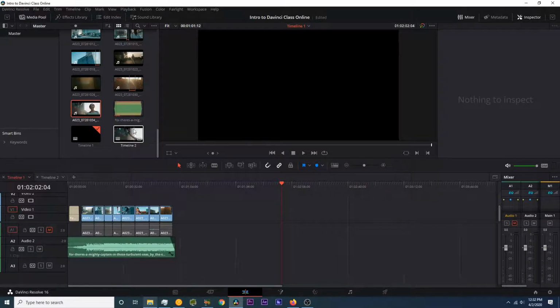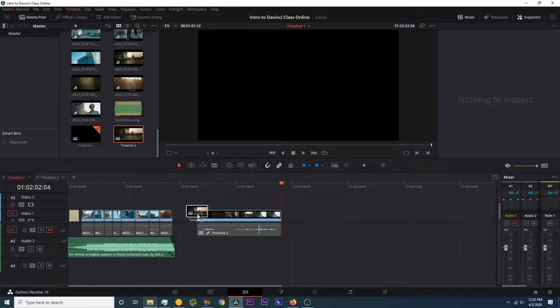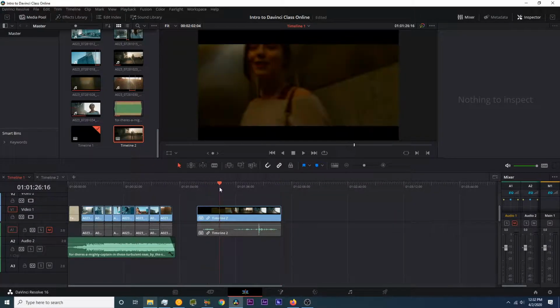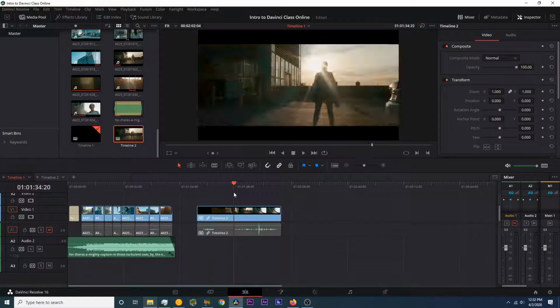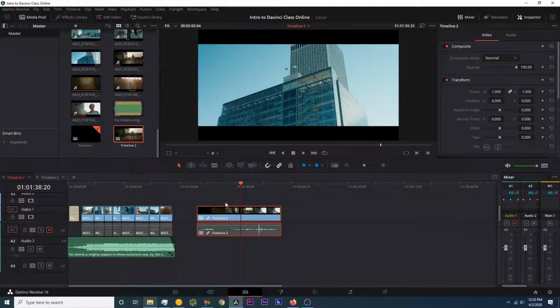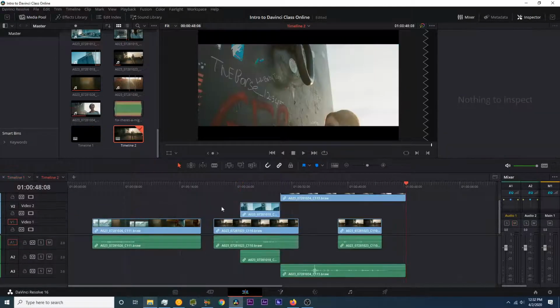So for instance, if I grab this timeline 2 right here, I can just drag this into my timeline 1, and now my timeline 2 is living inside my timeline 1. I'm sorry, I'm saying timeline so much. This is crazy. But basically, this is going to be reflective of any changes that I make in this other